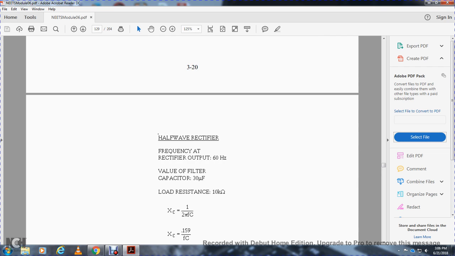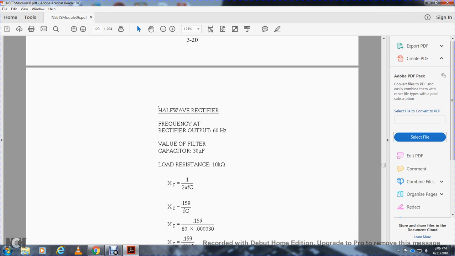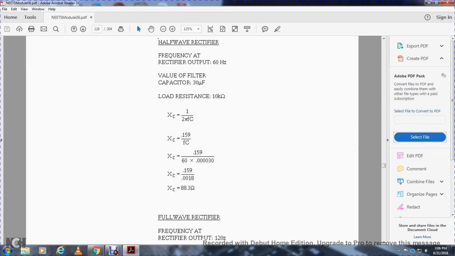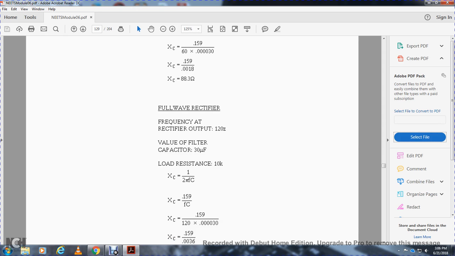Half-wave rectifier frequency at 60 Hz with a filter capacitor at 30 microfarads and a load at 10 kilohms. The capacitive reactance would be 1 over 2 times pi times the frequency times the capacitance, or 0.159 over 60 times 0.00003, or 88.08 ohms. At the full-wave rectifier output frequency of 120 Hz, with a filter capacitor of 30 microfarads and a load resistance of 10 kilohms,